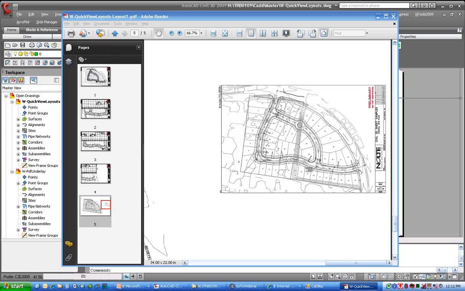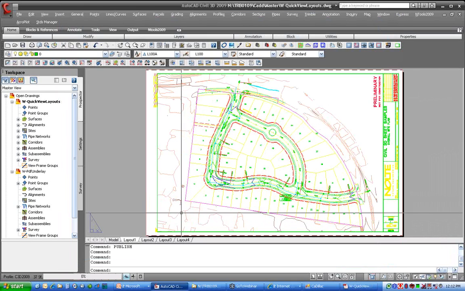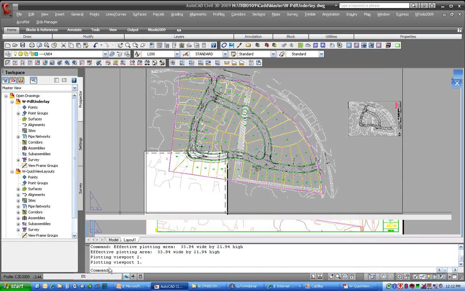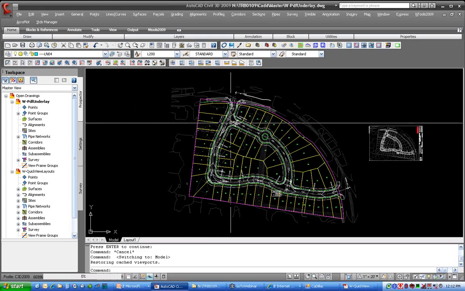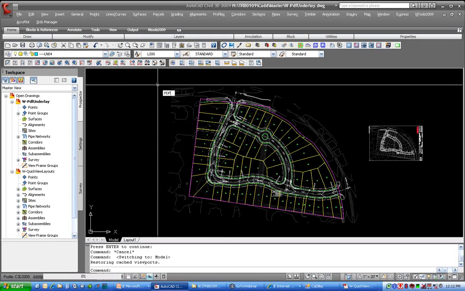Here, I got a question from Cynthia. When you reference a multi-sheet PDF, can you pull in all the layouts separately? I would have to attach each one separately to answer that question, Cynthia. So let me switch to model. Oh, please don't crash on me. There we go. I brought in just sheet one, but if I do the PDF attach here,